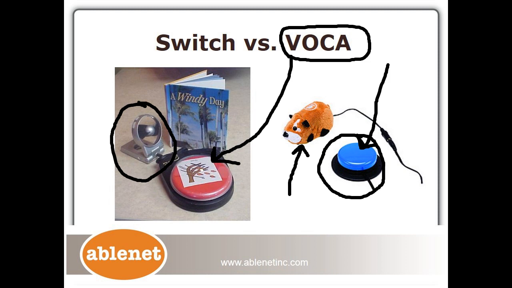But if it's not, this is primarily used for voice output communication. It sometimes gets a little confusing because the switch tops are on the top of a voice output device. But a true switch is something that's plugged directly into an object, and with the activation of the switch will make it move. Here, we can have that functionality through a voice output device, but I do want to clarify this for the presentation. So let's take a look at what